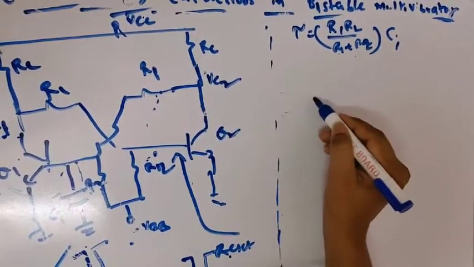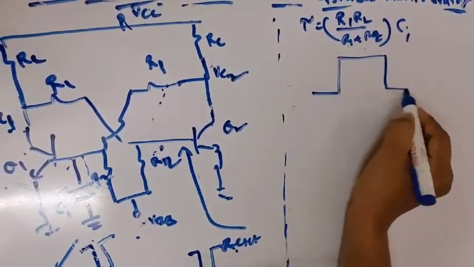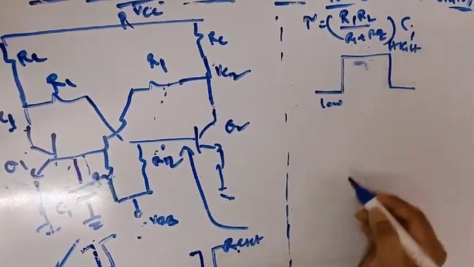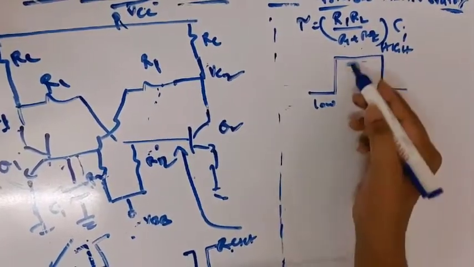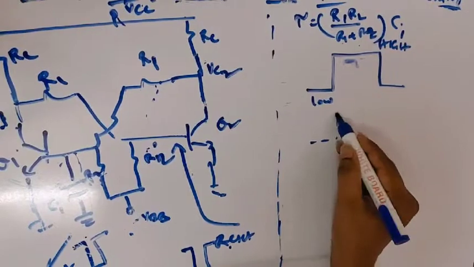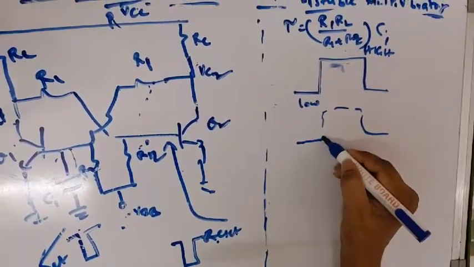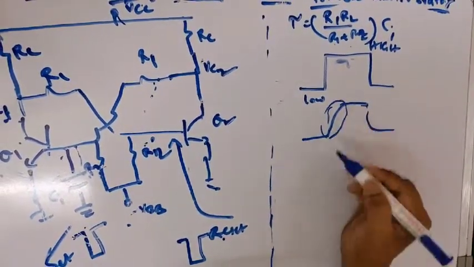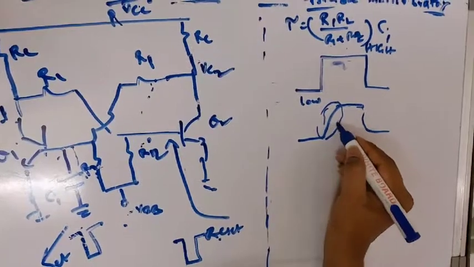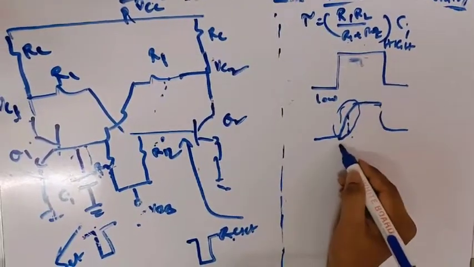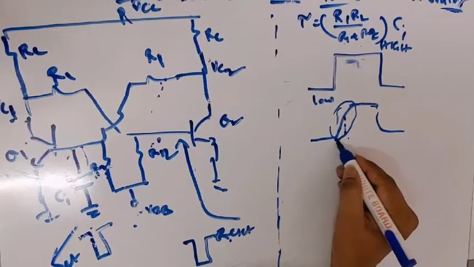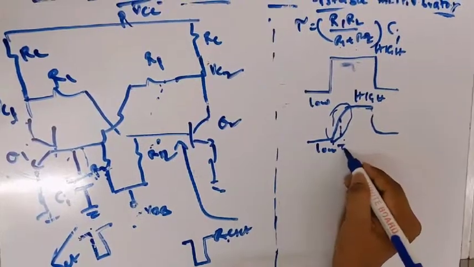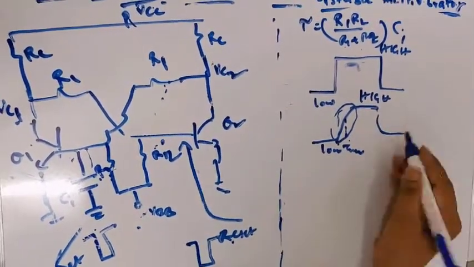Now whenever the voltage is changing from low voltage level to high voltage level, ideally it will be an instantaneous change, but practically, due to this time constant, it will not be instantaneous. It takes some time to change from low voltage level to high voltage level. This period is called transition period or transition time, and it depends on the time constant. The time constant is the time required for the response to reach 63.2% of its final value. This is the transition time for a rising exponential.